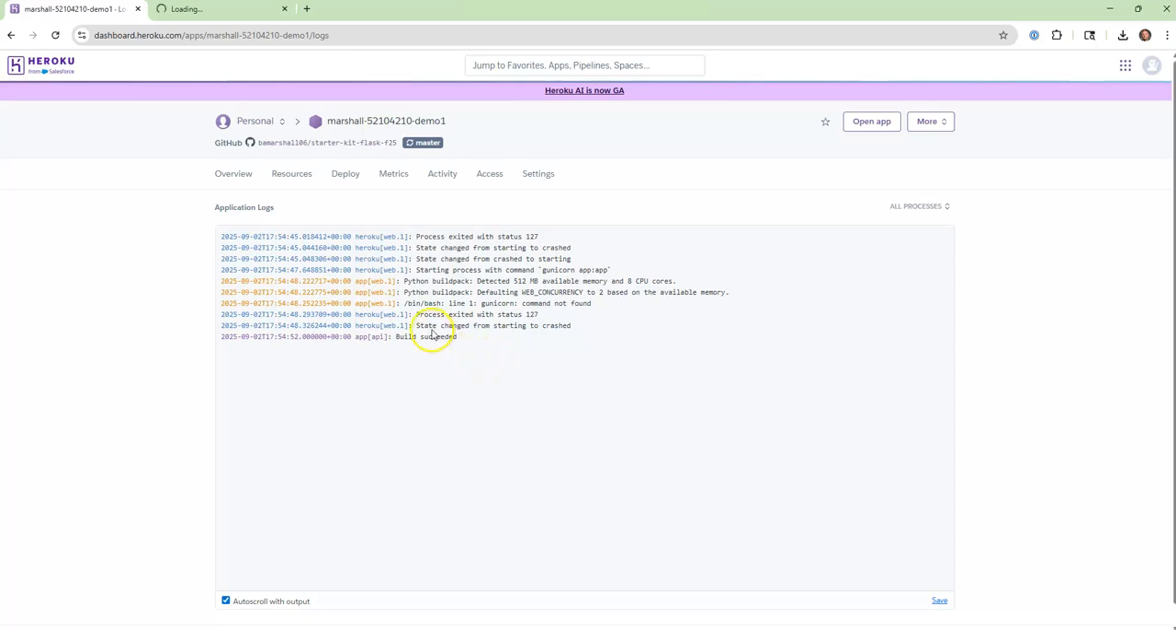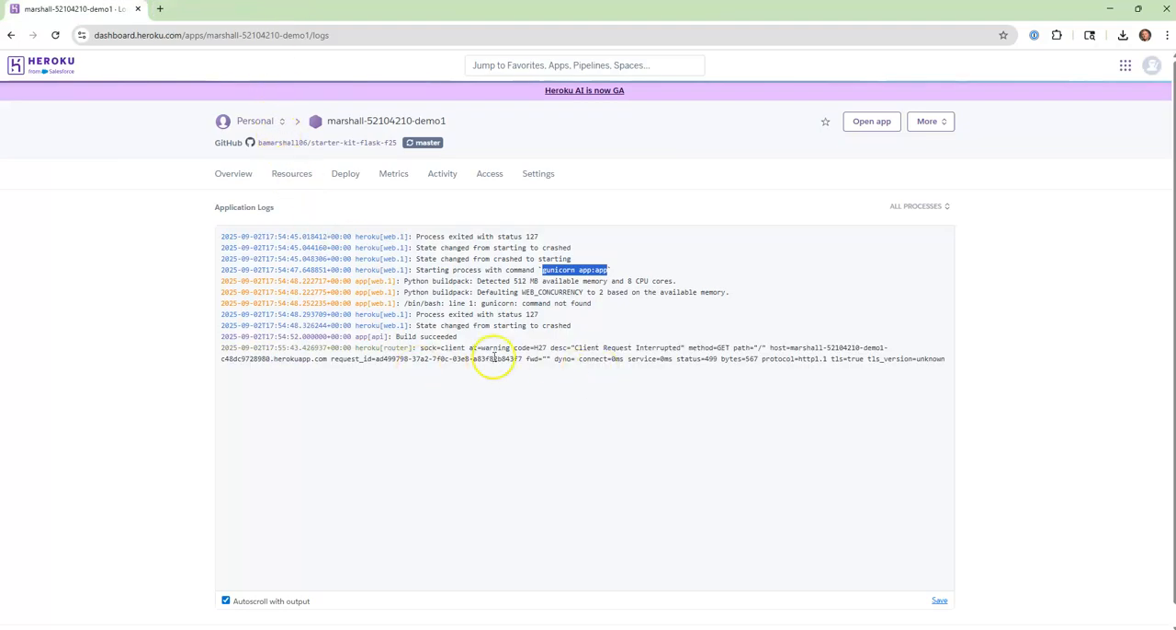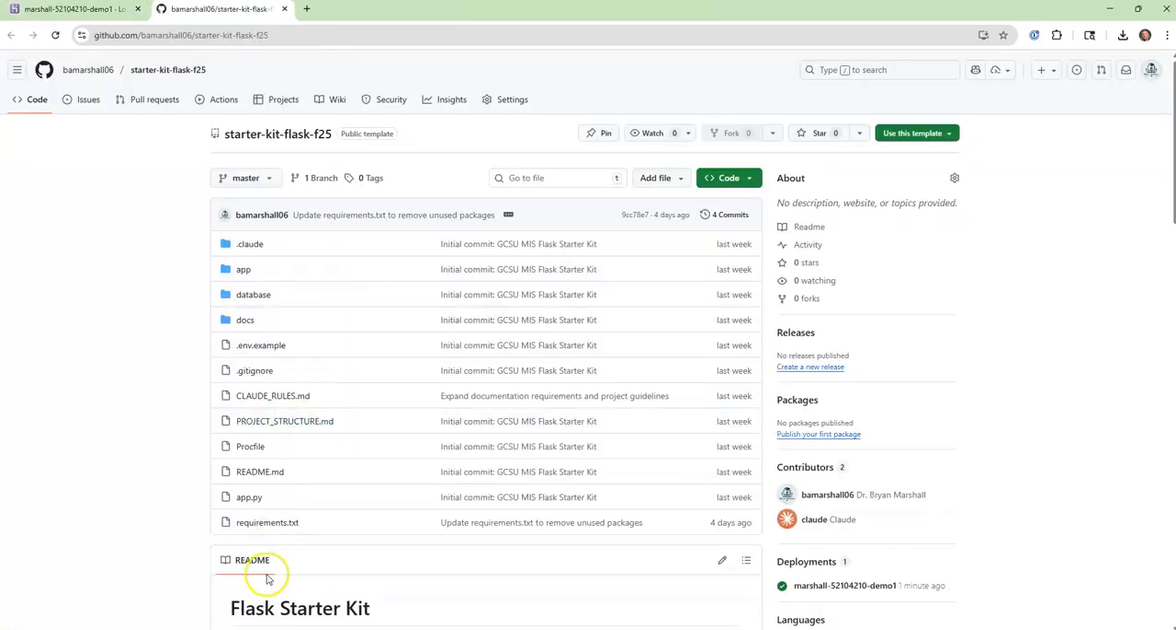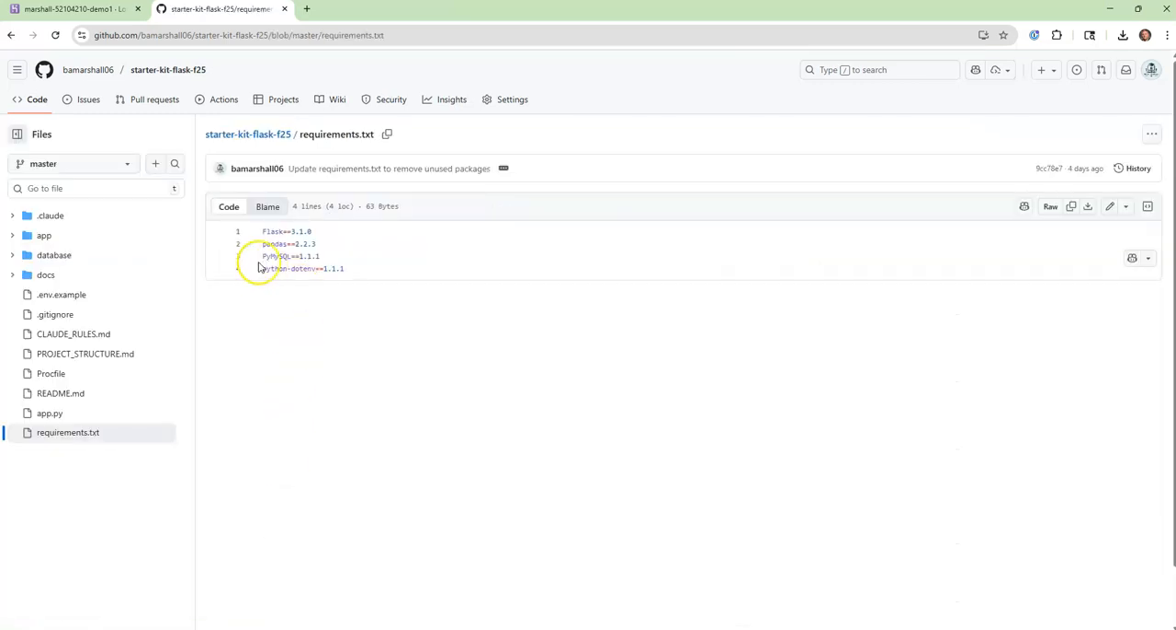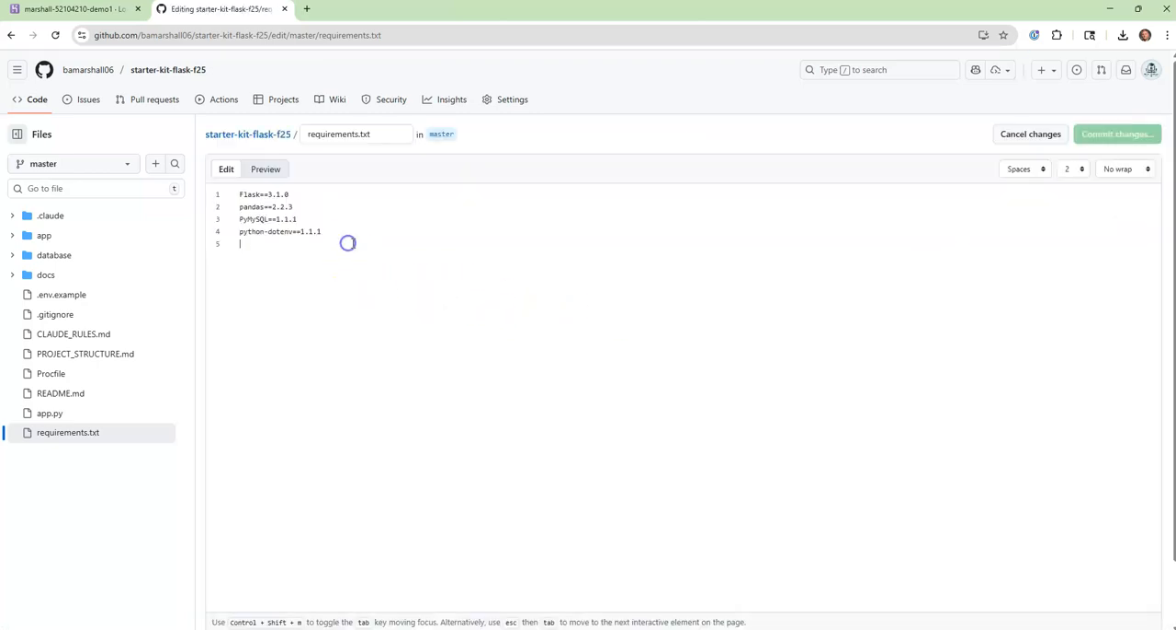Yep. State changed from starting to crashed. So it looks like something crashed on it, and it says missing Gunicorn app command. Okay. So it does not know where that is. Well, let's think about that for a second. It doesn't know where Gunicorn is. So if I go to the starter kit and I open up my requirements, notice Gunicorn is not here. Okay. That's the issue. So I need to type in Gunicorn equals,